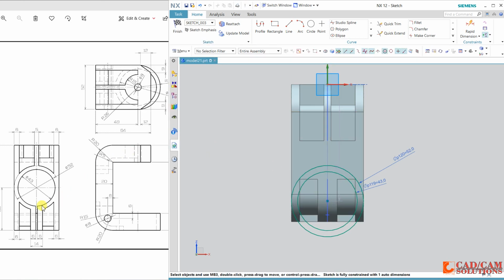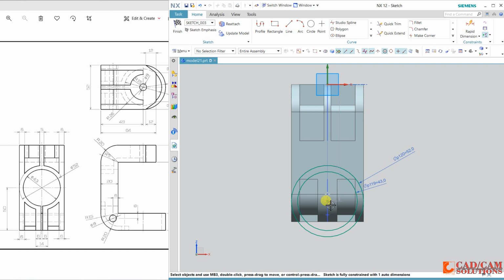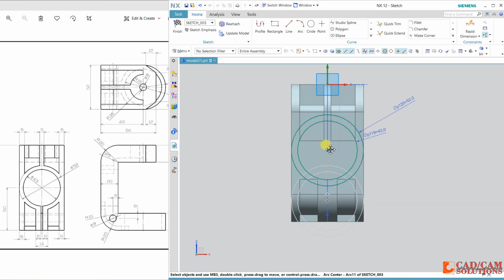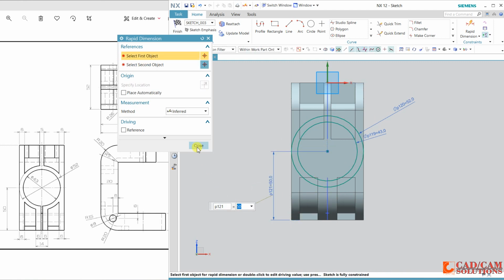Concentric, and the distance from the bottom is 50. So drag and now dimension 50.